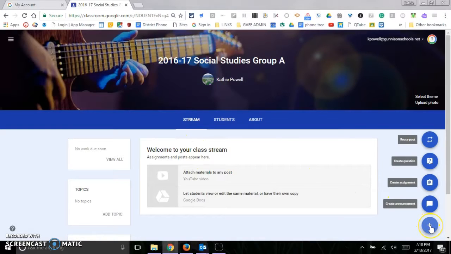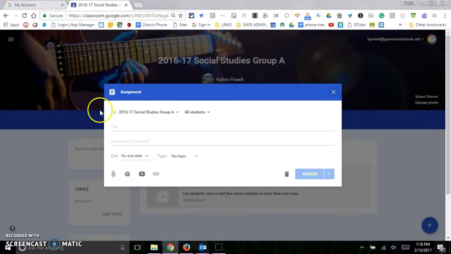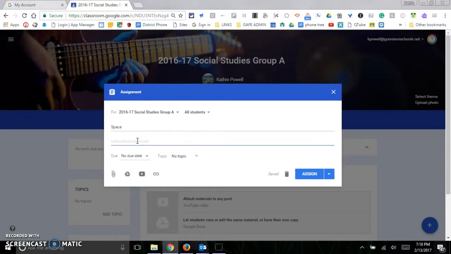So the next tip that I have is you can create some templates. I'm going to create an assignment. And so I created this assignment for 3rd grade, and it was called Space. And it is really helpful to write very detailed instructions. And the reason, that is my tip number 4, it's very detailed instructions because this can actually serve as